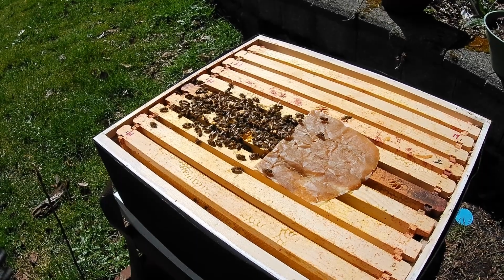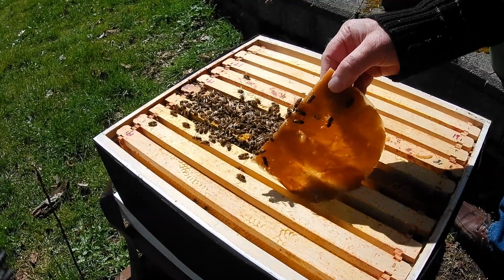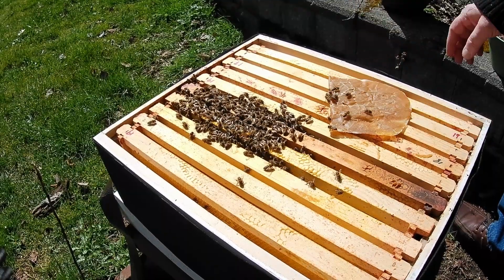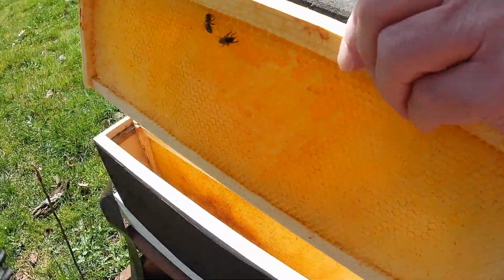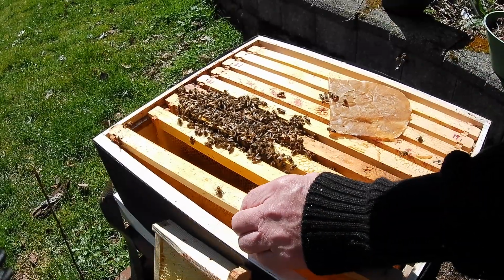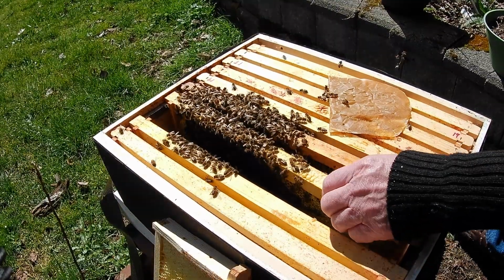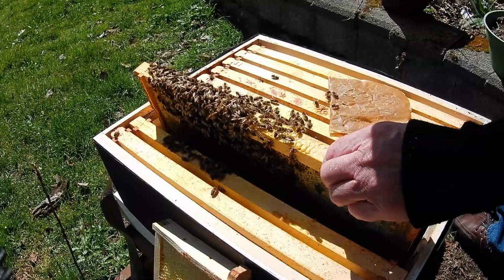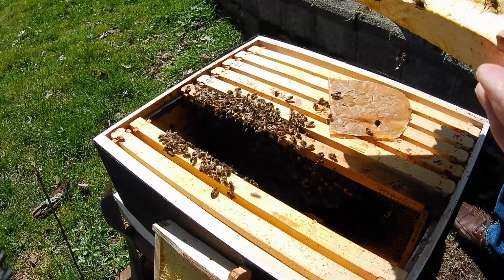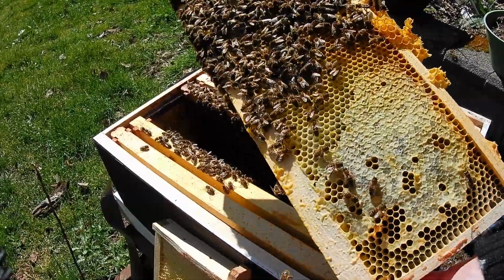Now I did have a quick peek in here the other day. Oh, it was probably last week now because it's been raining so much. And lo and behold, I found a queen. And the frame that I had put in there, they had just simply drawn out those fresh eggs into larvae, or into workers. So this is the frame that I put in there. I was hoping they would make queen cells on, but most of that is hatched,